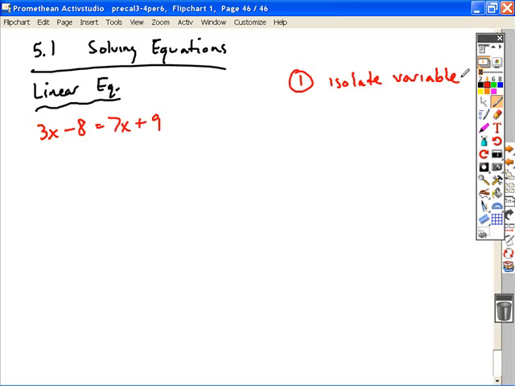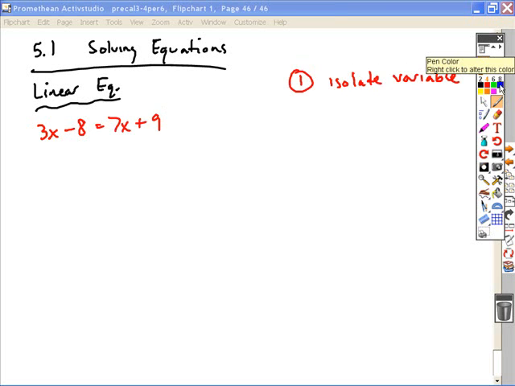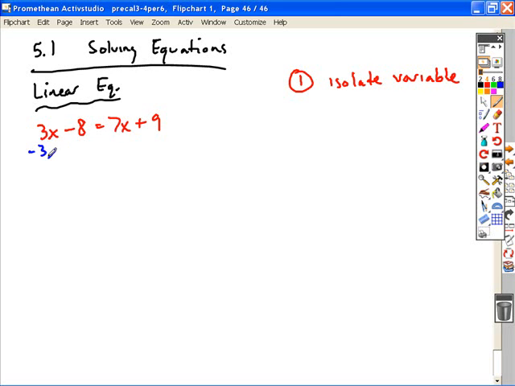Okay, when you're solving a linear equation, all you're looking to do is move all the terms that contain your variable on one side. It doesn't matter which side. You usually move it to the side that allows you to work with positive numbers if possible. Okay, so if we subtract a 3x from both sides, that gives us 4x on the right. In the same step, we can move all the constants over to the other side. So if we subtract a 9,